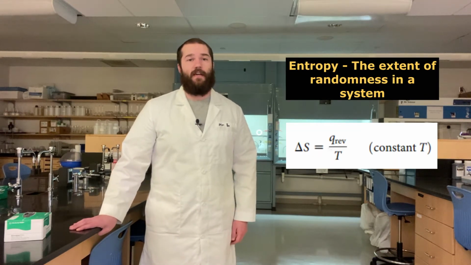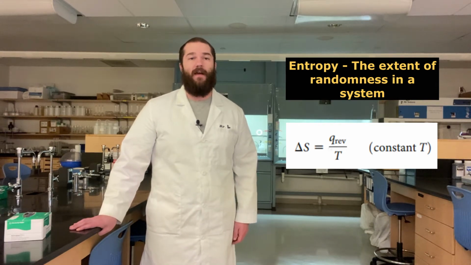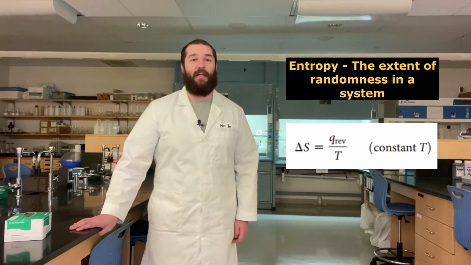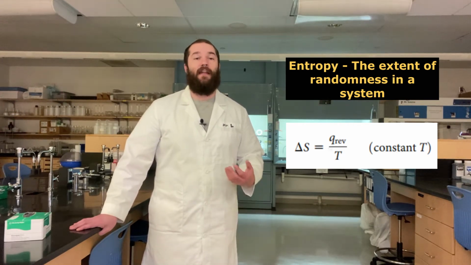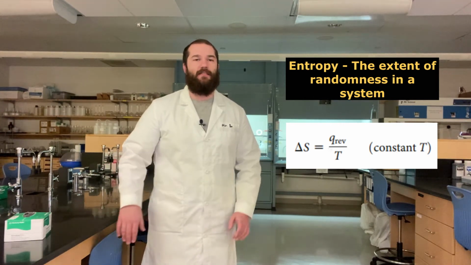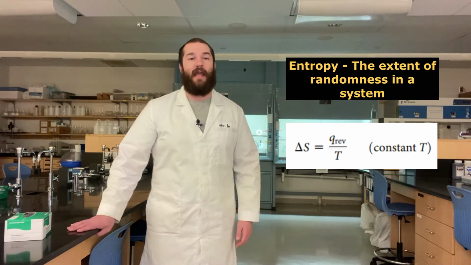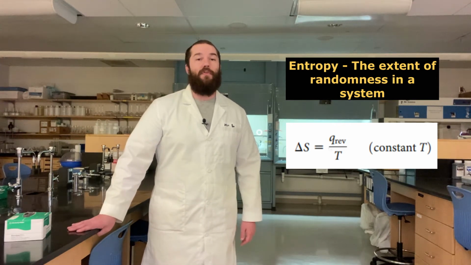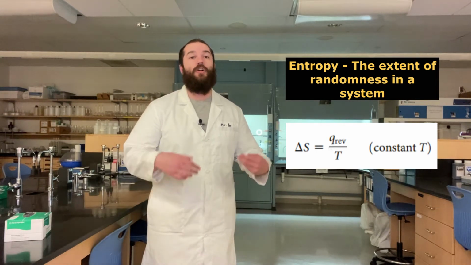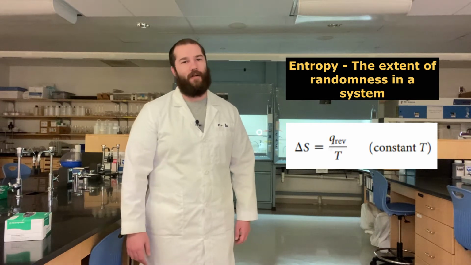The other thing we're going to start talking about in this video is entropy. Entropy is symbolized using a capital S, or delta S, for change in entropy. And this is the measure of randomness a system has, or how many particles are all spread out, or how many different bonds they have. There's going to be all different types of randomness that you can come across. So both of these are going to be important, the heat value and the randomness value, when we go to see whether something will occur, whether it's spontaneous or it's non-spontaneous under these different sets of conditions. And the symbol that we would use for this is capital G, or delta G, which is Gibbs energy.